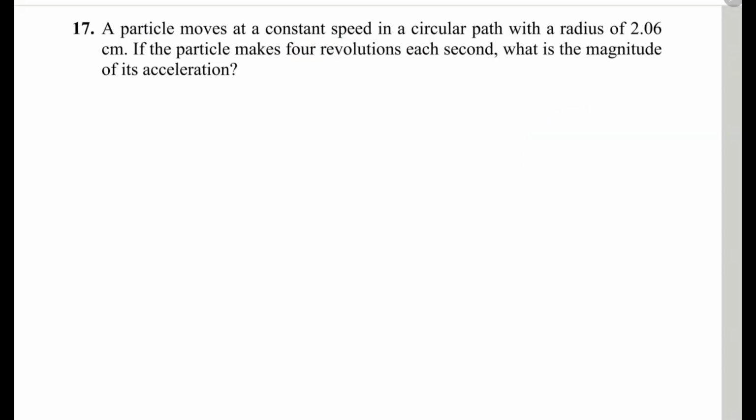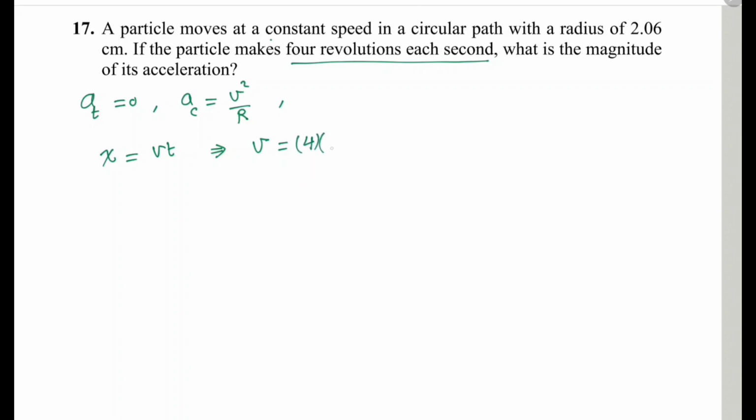A particle moves at a constant speed in a circular path with radius 2.06 centimeters. If the particle makes 4 revolutions each second, this is very important here, what is the magnitude of its acceleration? Again, it's constant speed, no tangential acceleration, and the only acceleration we have here is the central, which equals v squared over r. Now, x equals vt, and in this case here, v equals, it's 4 revolutions,